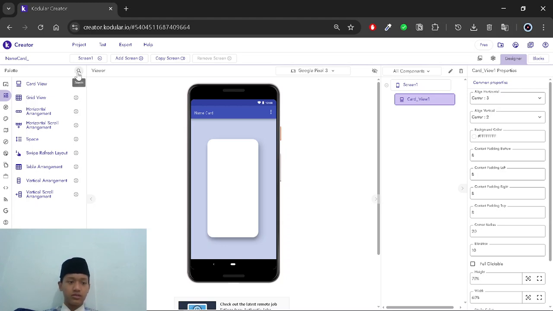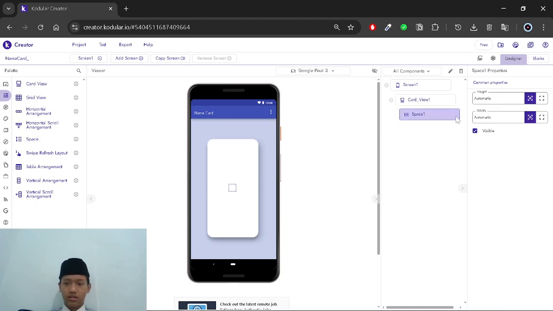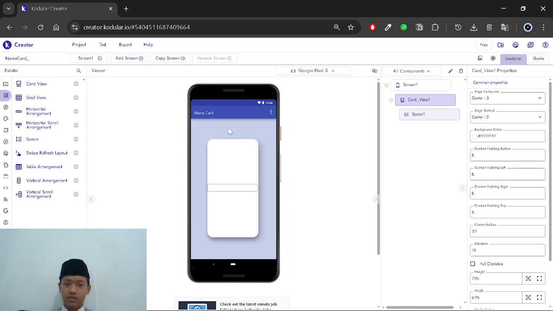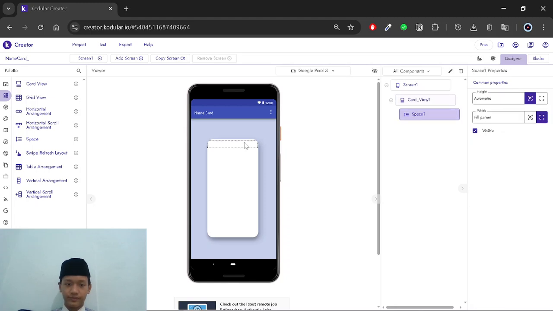So what we will first add in this card view is a space up here. Oh yeah, this one should be aligned to the top. For example, this is 5%,